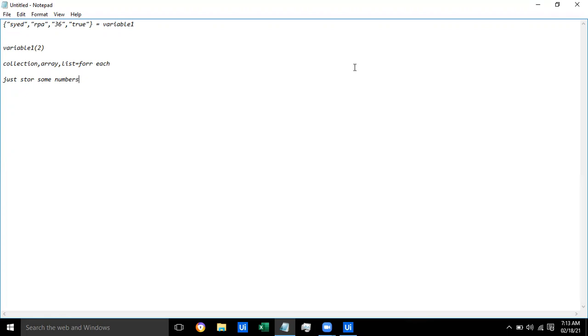So for example, if I am having an array like this, 1 comma 5 comma 6 comma 9 comma 3, then what I am supposed to do is add each and every value. 1 plus 5 is 6, 6 plus 6 is 12, 12 plus 9 is 21, 21 plus 3 is 24. So the output which I want is 24. Okay. Got it, guys, what I am trying to say?